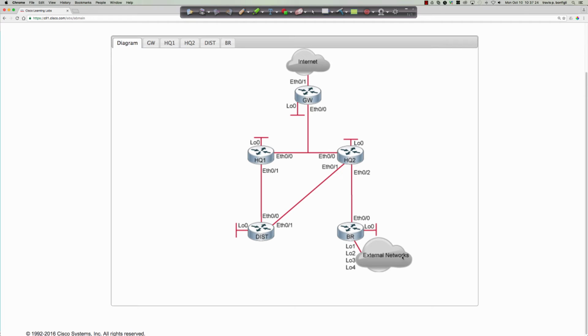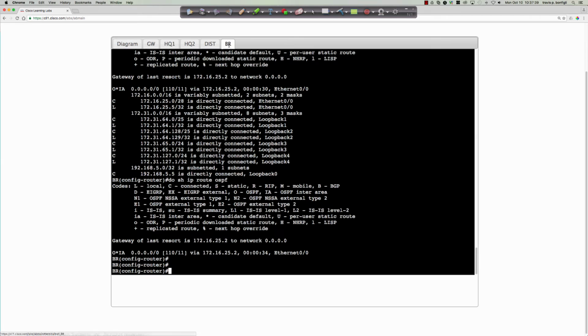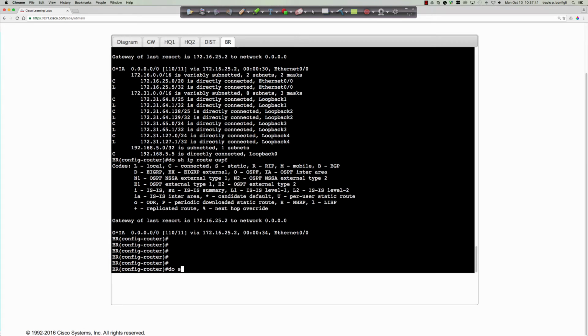So you can see we've got this big cloud over here, external networks connected to the branch router. I need to make sure that these get advertised so that the HQ, the gateway, the HQ2, and the dist, they know how to get to these external networks. So if we were to look on the branch router right now and say, do show IP interface brief,